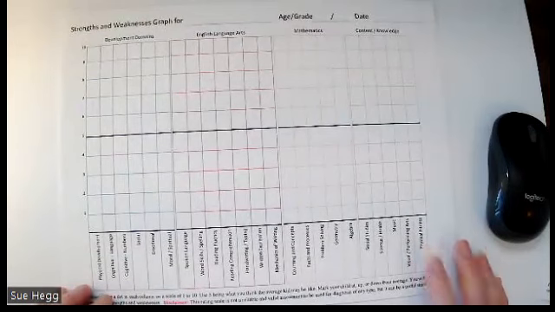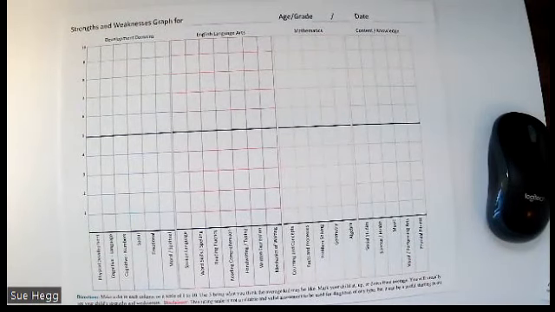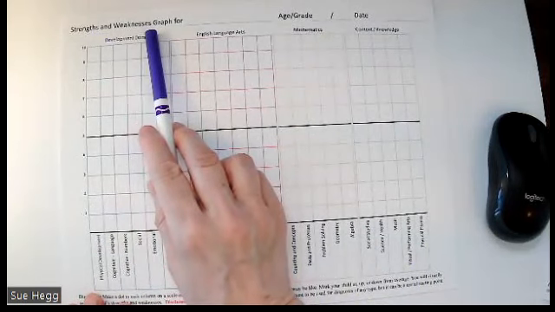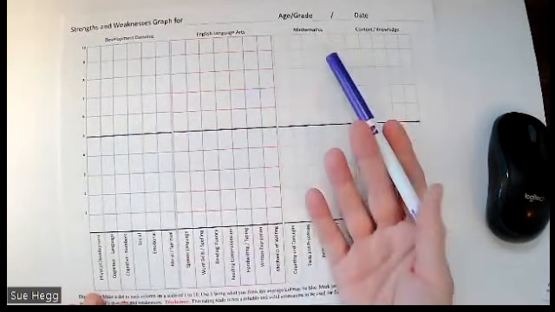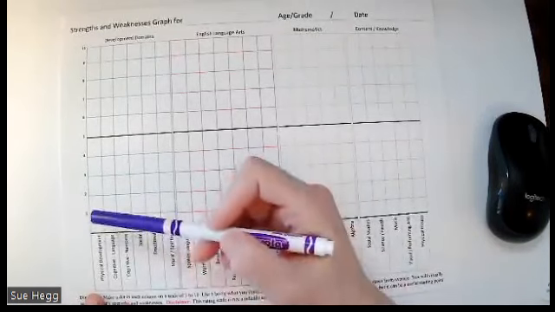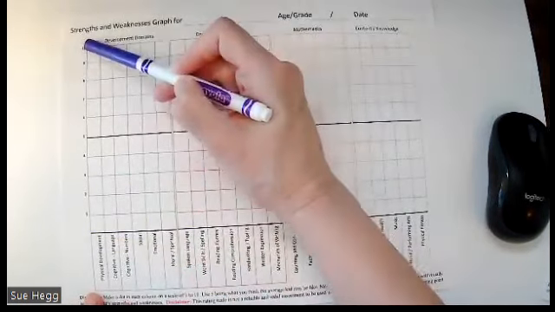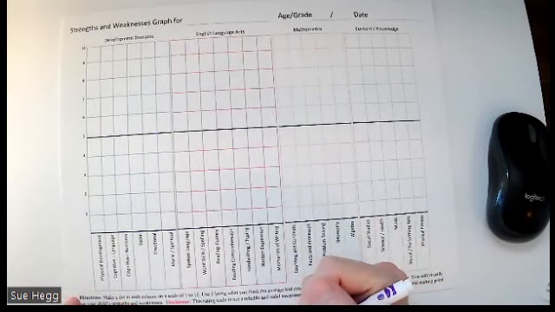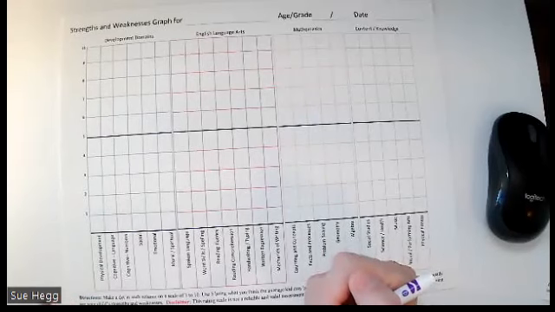So before we start, I want to just get a feel for the layout of this graph and how we can use it. So this is looking at strengths and weaknesses. In the other form, we looked at strengths and weaknesses and we just did a quick little check off. In this one, we're looking at some kind of a continuum from 1 to 10. So think of on a scale of 1 to 10, 10 being the best, where might your child be in